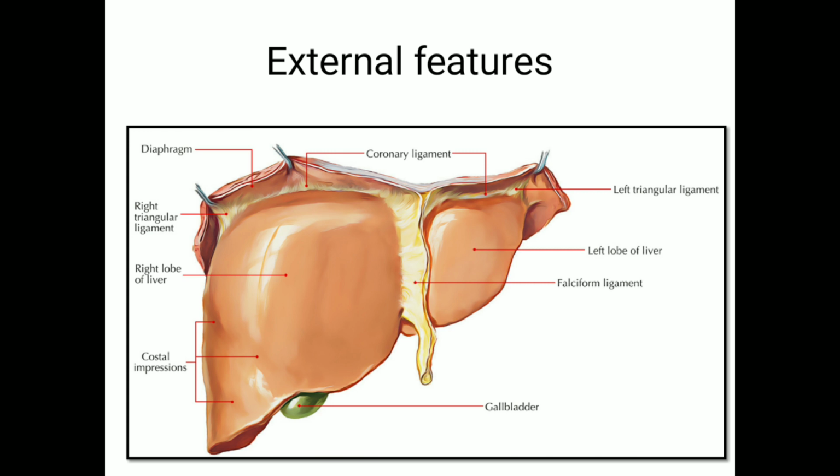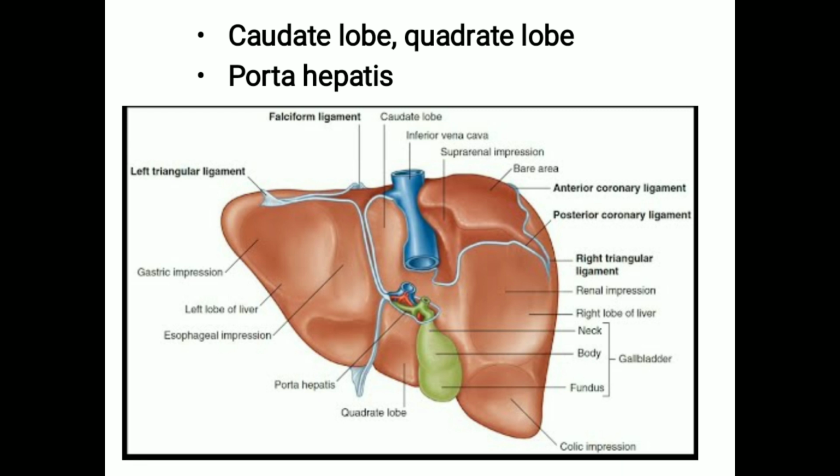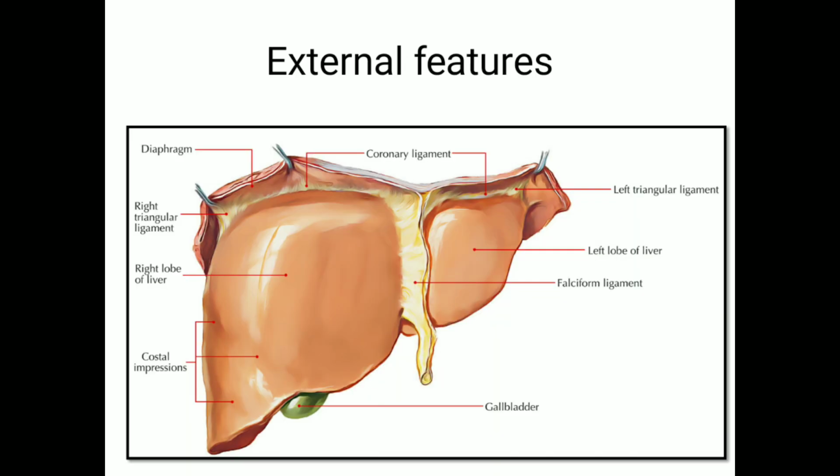So you can see in the figure here, this is the superior surface of the liver, this is the anterior surface of the liver, then the posterior and inferior surface will be behind. Posterior and inferior surface will be here, and there are lobes of the liver. Superior surface is separated from the heart and lungs by the diaphragm. Anterior surface is related to the anterior abdominal wall.